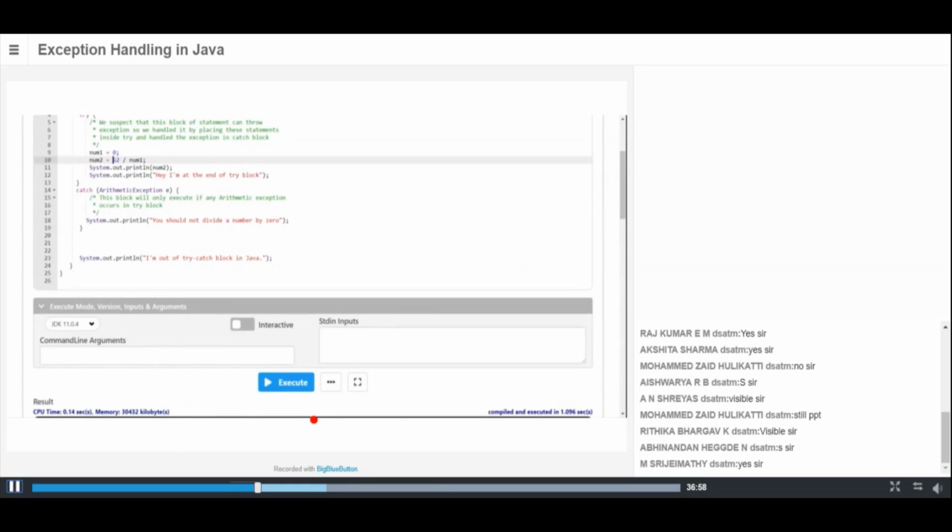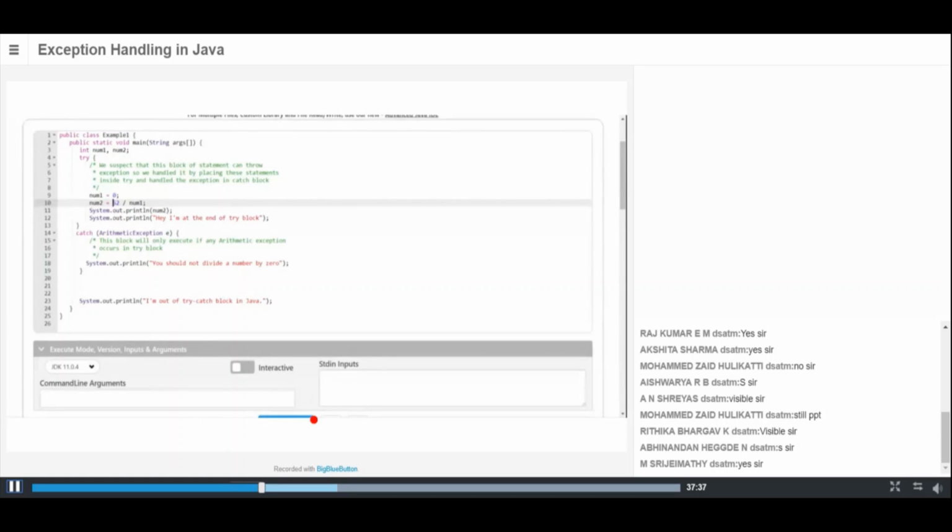For example, if I am not able to connect to my database, you need to show an error. Many of you have faced a message like database connection failed in an application. Why are you getting it? Because an exception has been written: if a problem occurs with my database, you show this error message. Even when you see that error message, you can still view your application. If you refresh it and it connects to the database again, it works normally. That's what handling exceptions is.